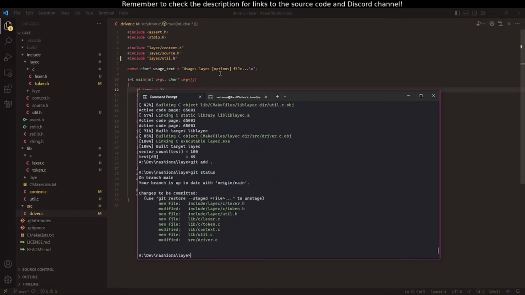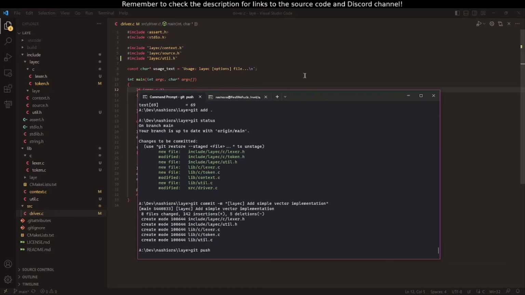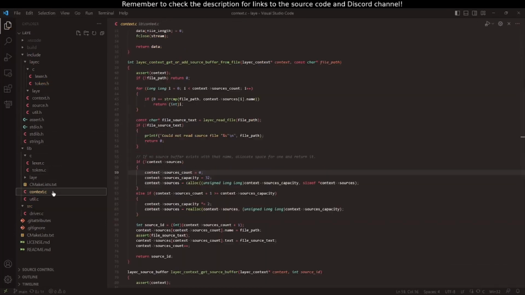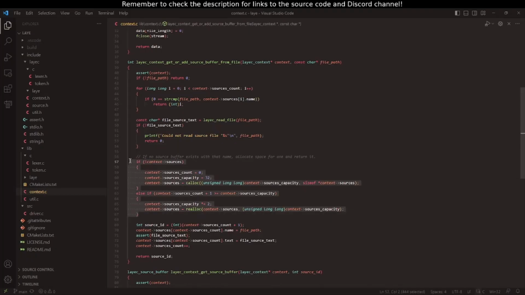Let me just make sure. We have maybe a lot more things than I thought. We're gonna go with it. Git commit -m, let's see, add simple vector implementation, and that's fine. So then the next step to do is in context, we have this whole thing that we basically copied earlier that we are now going to